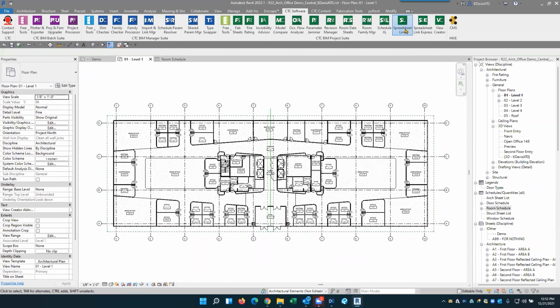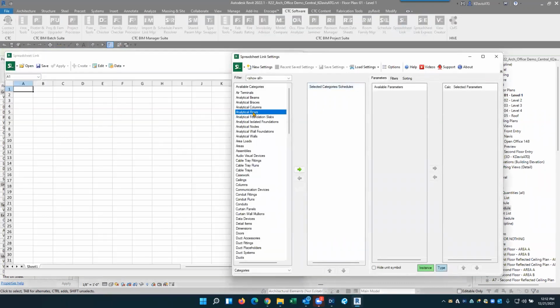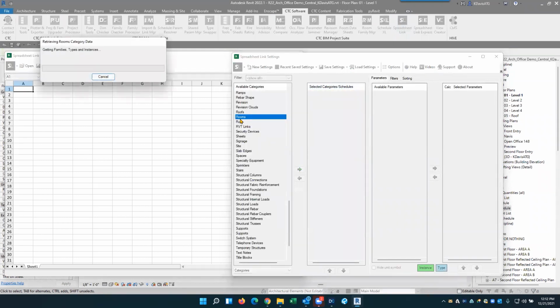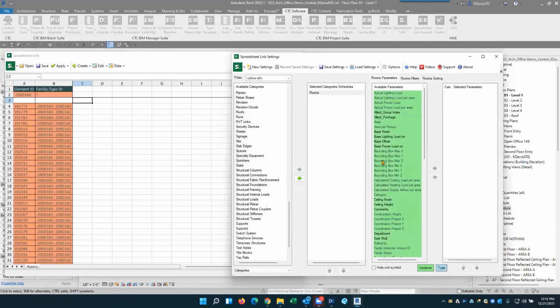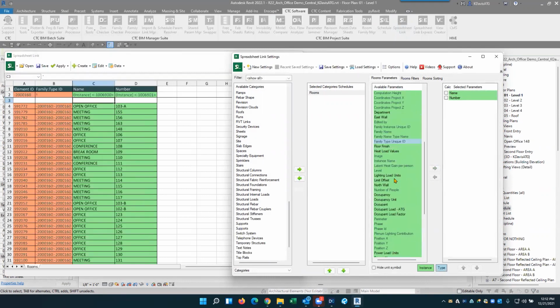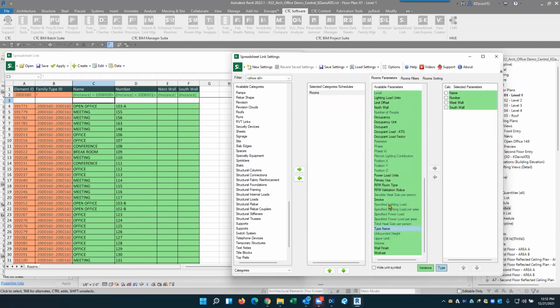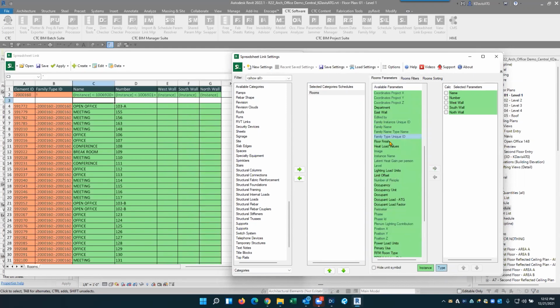But with Spreadsheet Link, this one gives you the flexibility of editing more in a room environment or a spreadsheet environment. So I'm going to grab the rooms category, and then I'm going to grab the parameters like the room name, room number. And let's grab those wall finishes. So I'm going to do the west wall, and then let's do south wall, north wall, and east wall,